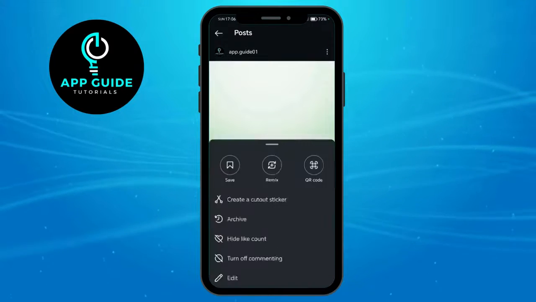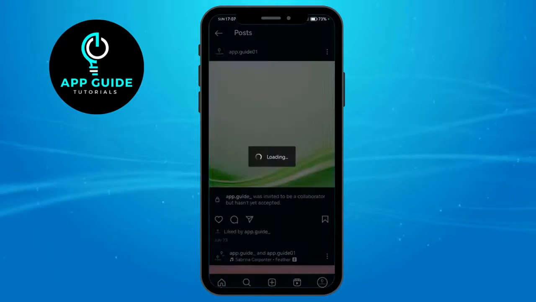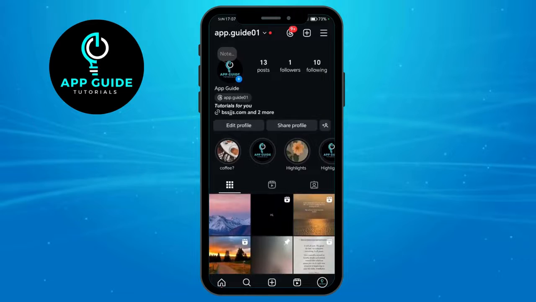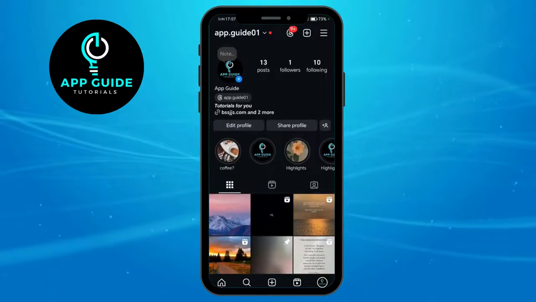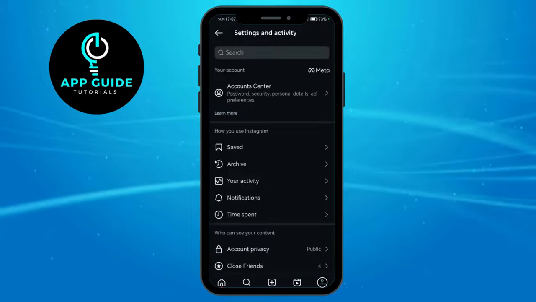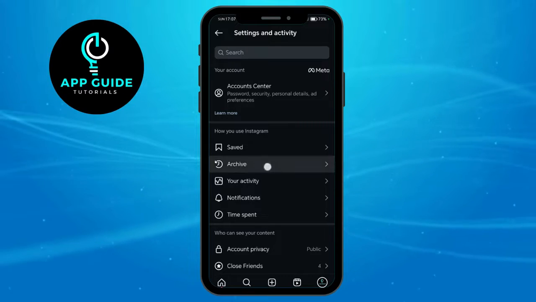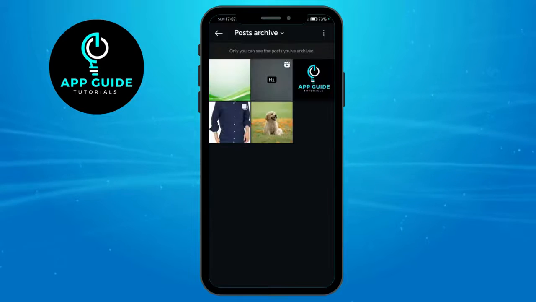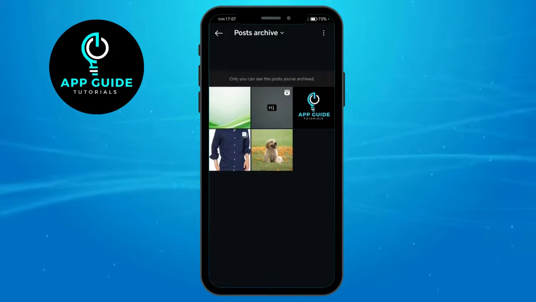you want to archive this post, all you have to do is to tap on the three dots and click on archive. Now, if you archive a post, you will no longer see that on your profile feed. Now, in order for you to locate that, all you have to do is to click on these three lines on the upper corner right here. Now, once you're here, you will be able to see a section that says archive. Just have to click on that, and you will be able to see the post that you have archived on